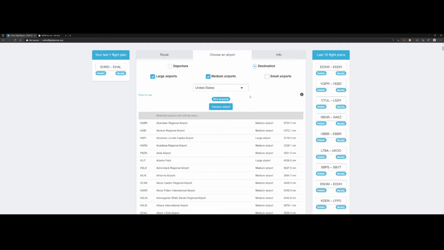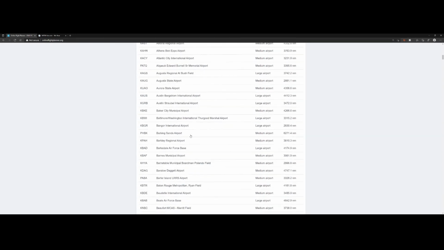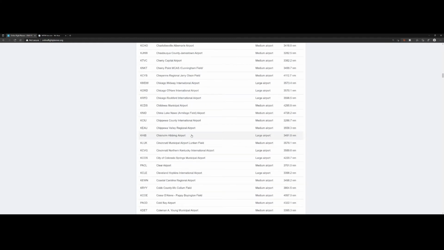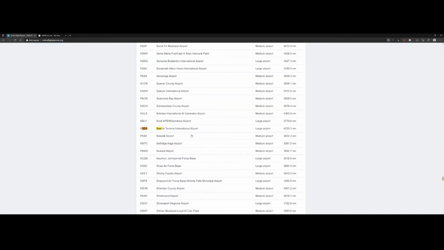so I select United States, and as you can see this list is pretty long because as you probably know, the United States is a big country, right? So let's scroll a bit down, and the one I'm searching is Seattle, so you can hit Control and the F key and then perform the search yourself, and here you will see Seattle Tacoma International Airport. It shows the type of airport and also the distance from our departing airport to our destination airport. So we select Seattle Tacoma,